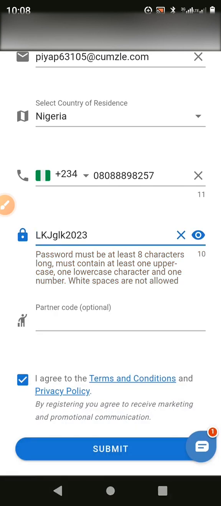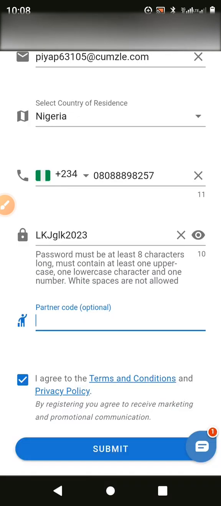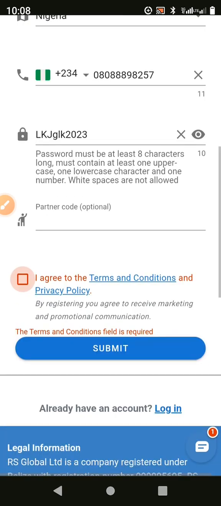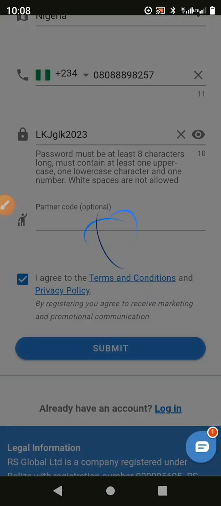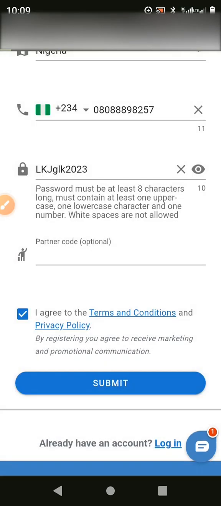Now if you are provided with a partner code, you can input the partner code here, but if you don't have one, don't worry. Then you tick on this agreement and you say submit, and it says you have been successfully registered. So I'm sure this page is going to load. Okay,